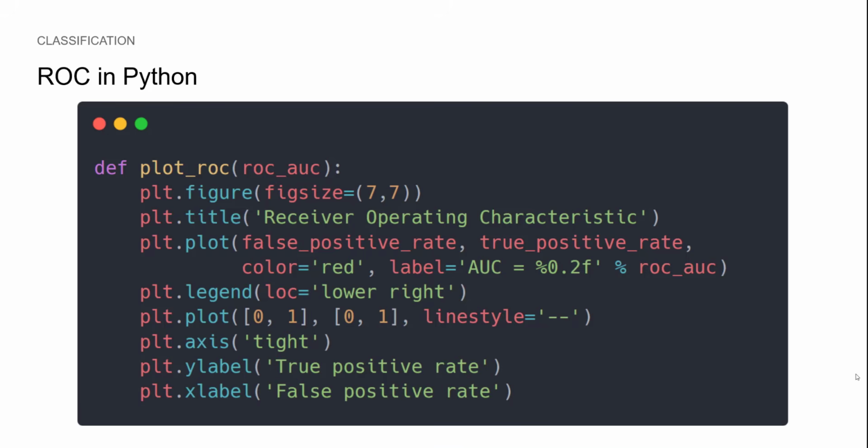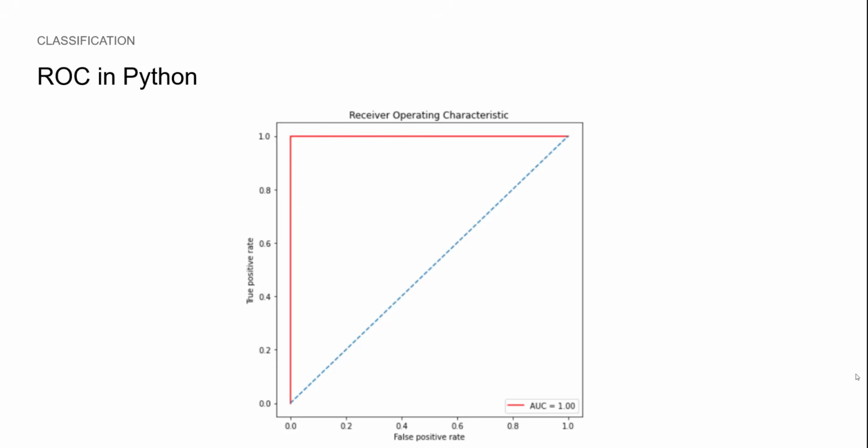As you will see soon in the coding portion, we can write a function in Python that will plot for us the ROC curve and report its area under the curve. We will actually walk through the plotting and the writing of this function in the coding portion. Now, in the case of a perfect classifier, as I said, we get an AUC of 1, and the ROC curve should look like this. So that's it for the theory about classification, logistic regression, LDA, and QDA. Let's move on to a hands-on example.